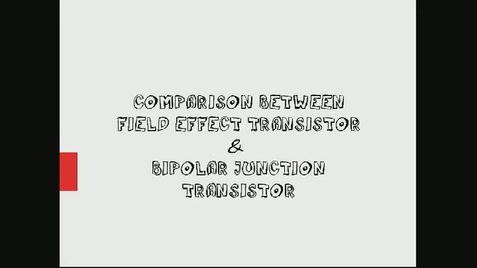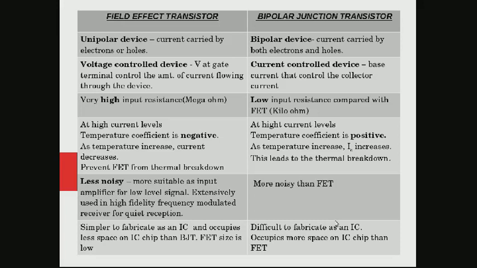Both are kinds of transistors, both are active semiconductor devices, and they are available in a variety of packages based upon their operating frequency, current, voltage, and power ratings. BJTs and FETs both can be used as switches and amplifiers in electrical and electronic circuits. However, the major difference between BJT and FET is that in a field effect transistor, it is only the majority charge carriers that flow. Whereas in a BJT, both majority and minority charge carriers flow.